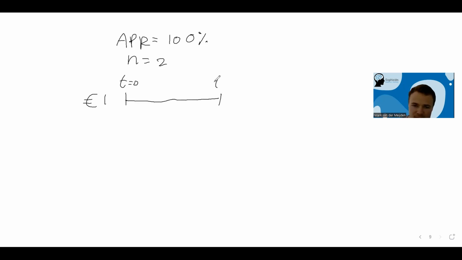So to explain it, it goes like this. You have an annual percentage rate of 100%, which is really high, right? You basically double your money each year. But here's the interesting thing. You have the N, and that is how many times the interest gets paid out in a year. So for example, if we start with €1 at t is 0,